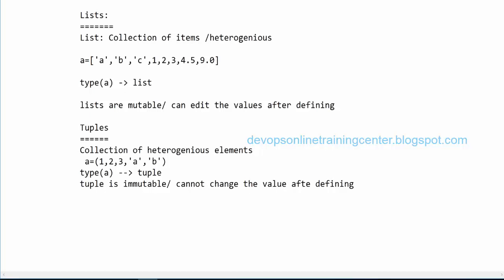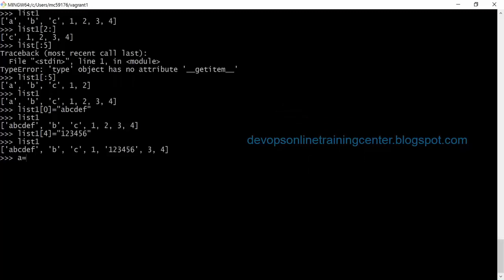So I'll say A is equal to normal braces 1, 2, 3, 4, 5, A. So always string we define in either inverted commas or the single quotes. Okay. B, C. Okay. So type of A will give me tuple. The type is tuple, right? So now